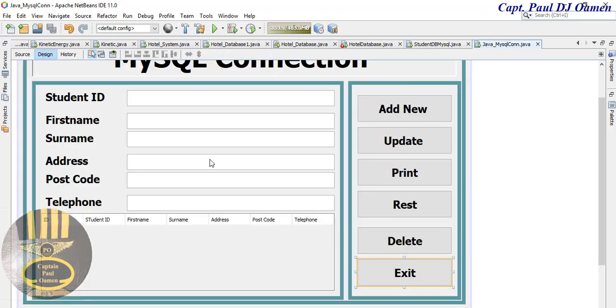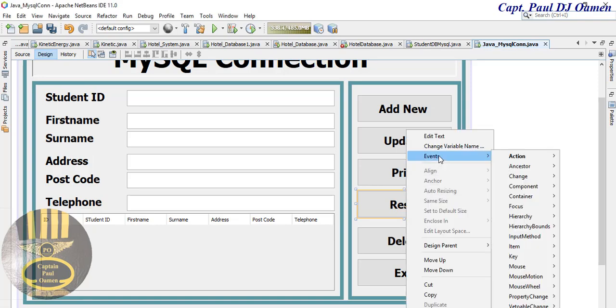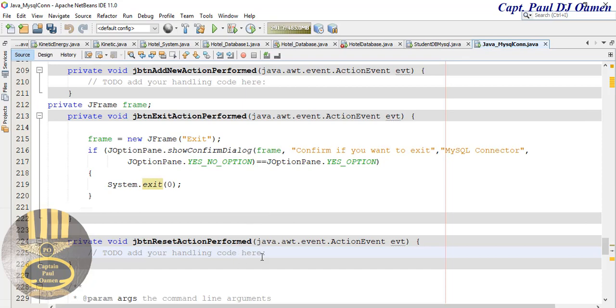Okay, back in here. Let's take care of, oh, look at resets. That's incorrect. Wrong spelling there. Right click and correct that. Okay, let's take care of this reset. I'm going to right click, go to event action and action performed. Now right here, let's say